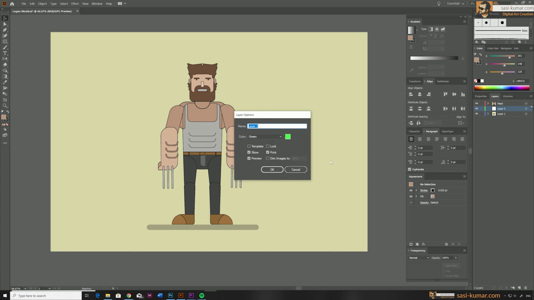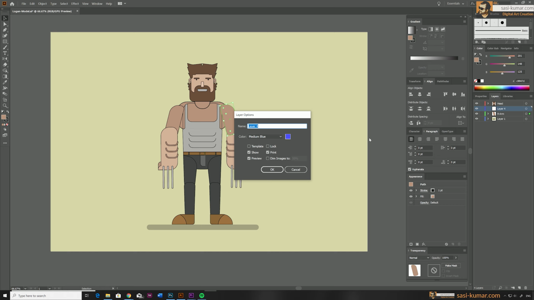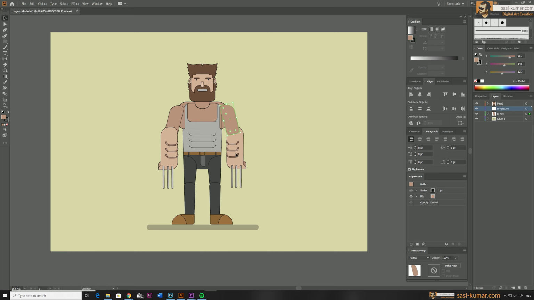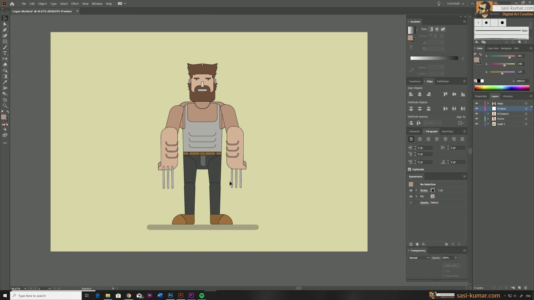Create one more layer, and I'm going to call this one right arm and select this one and bring it in here. Same for the forearm also, just name it R-forearm, and okay. Now I'm going to copy this one to the forearm, and this one will be right claws, and I'm going to copy this one to that layer. Okay guys, so I'm going to do the same for all the body parts. So let's make this part faster.